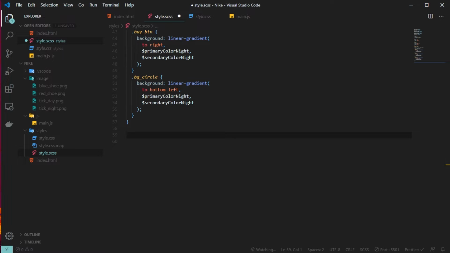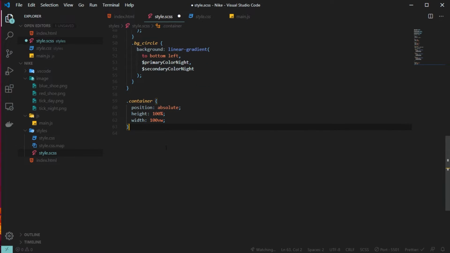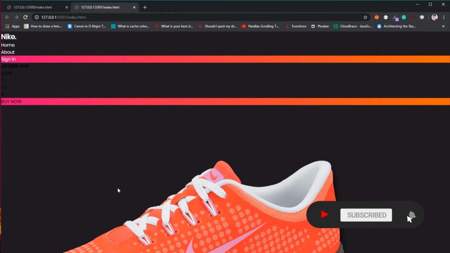Now coming to the common stuff, so let's add more CSS for the container. Width will remain 100 viewport width as I told you earlier. So we'll change the width of the wrapper, but this width will always be 100 viewport width. This part is important, because if we change the width to 100%, then as we drag, the button width will not be shown properly.